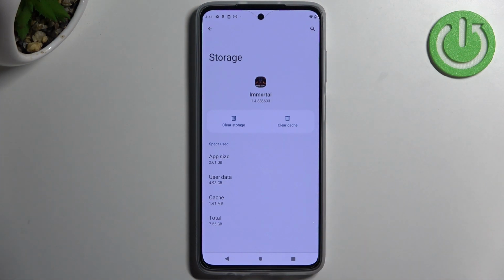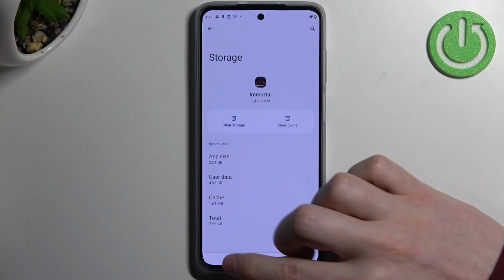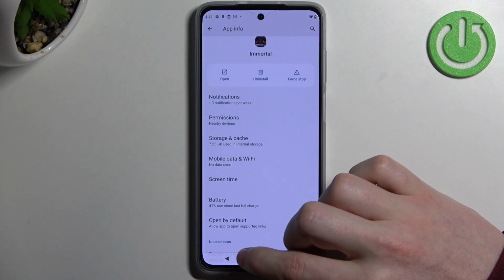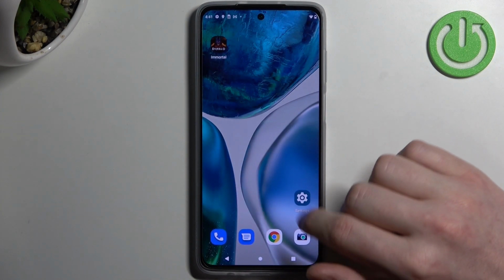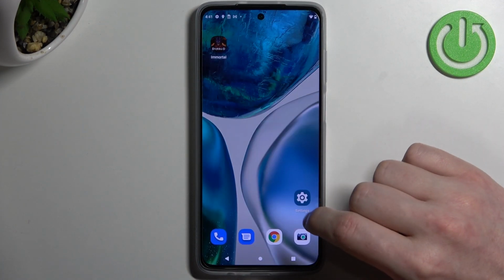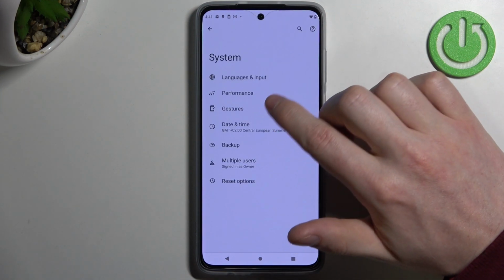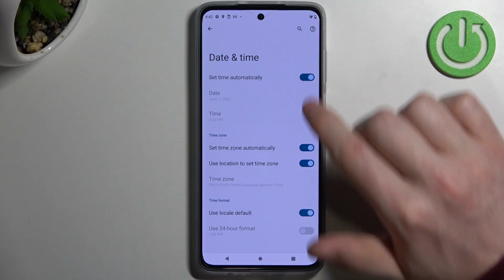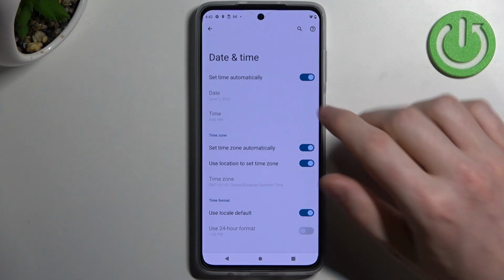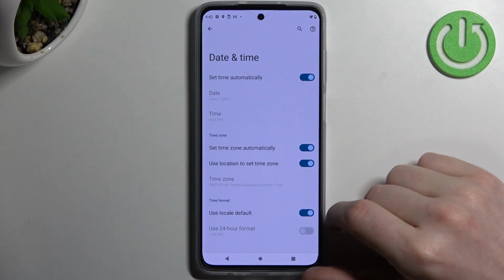Next option is to change automatic date and time in your phone settings, because that may cause the problem as well. So you'll need to open your phone settings and now navigate to your system, find the date and time, and make sure that set time automatically is enabled, because having different date or year or time may cause some